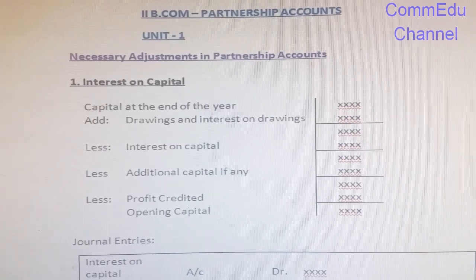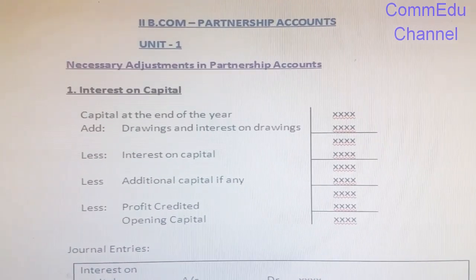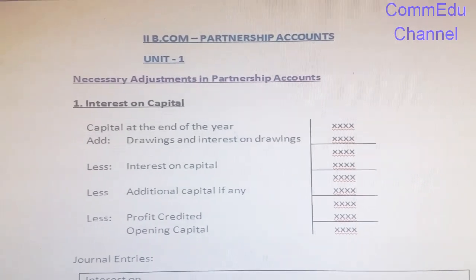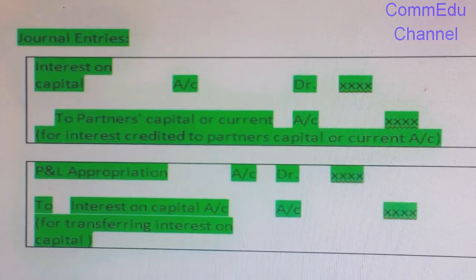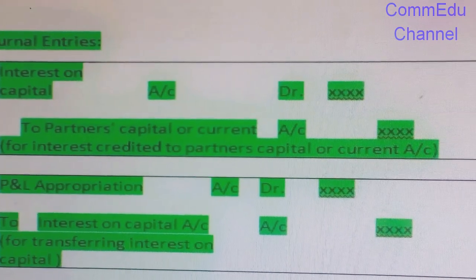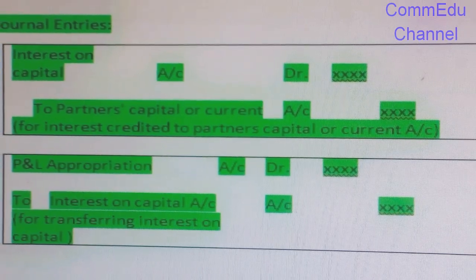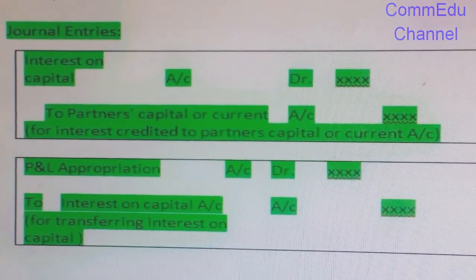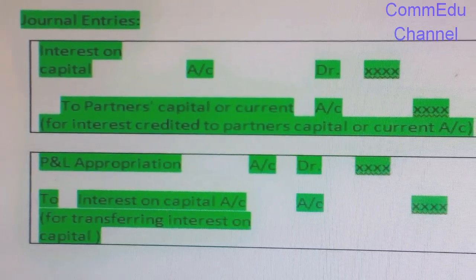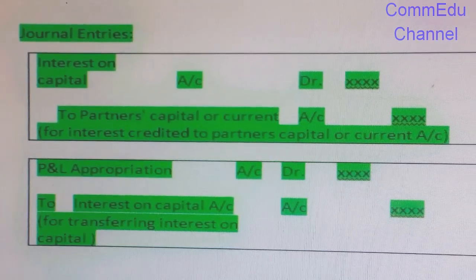If there is any loss credited in the P&L appropriation account, you have to add it with closing balance of capital. The journal entries for adjustment of interest on capital is interest on capital account debit to partners capital or current account. At the end of the year, interest on capital account is to be transferred to profit and loss appropriation account. For that, the journal entry is to be made like profit and loss appropriation account debit to interest on capital